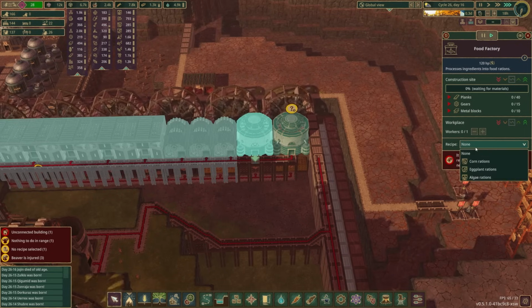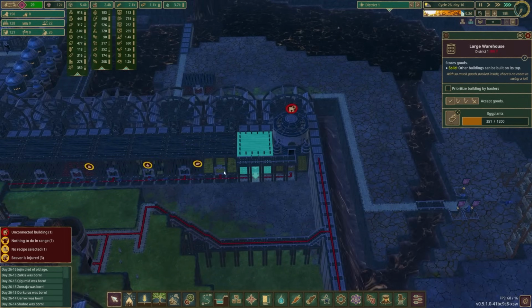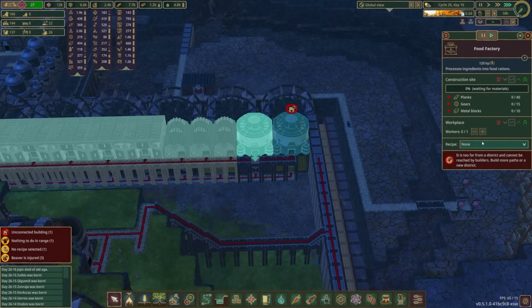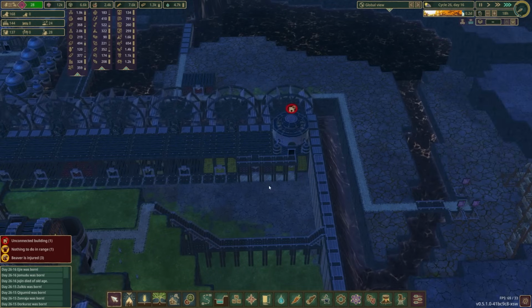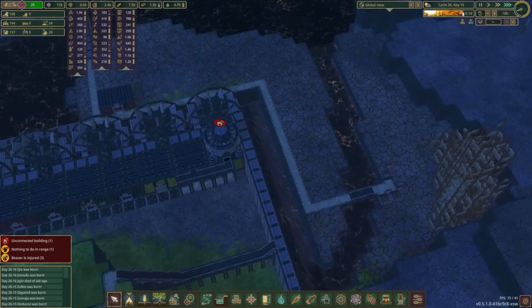I guess I could start making... What do I have stored down here? Canola seeds, eggplants, corn. I don't have any algae. Okay, so we'll do corn and eggplant just to get that going. And on the edge here,